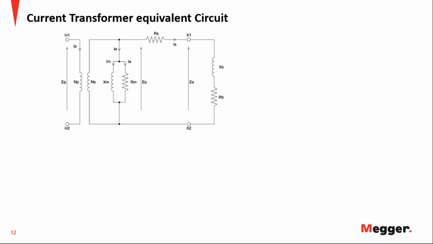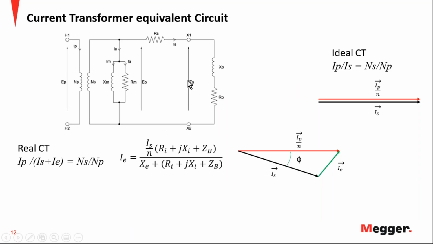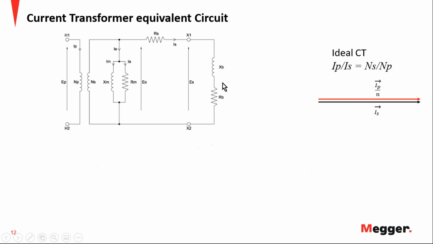So here we have the equivalent circuit. We have our primary side and then the secondary side with the excitation branch, and this is representing the secondary winding resistance. We have our terminals, and this is the external burden that is connected to this transformer. This is the load that this instrument transformer is feeding. So in ideal conditions,